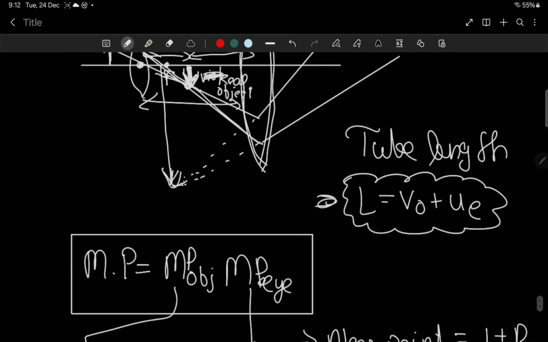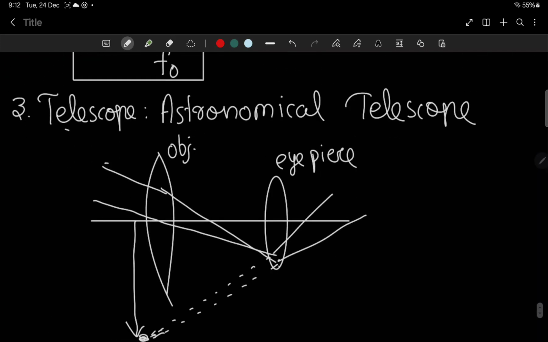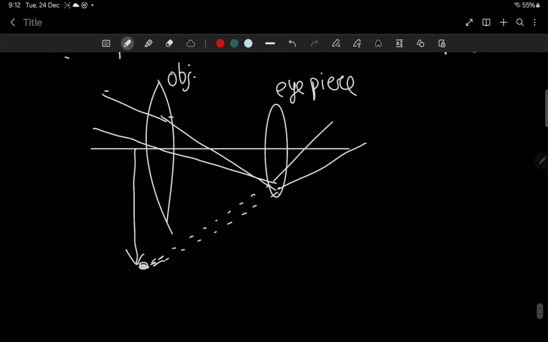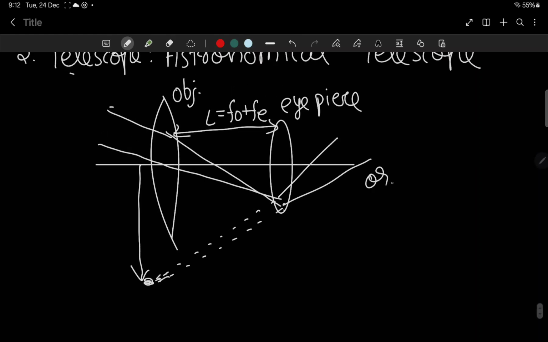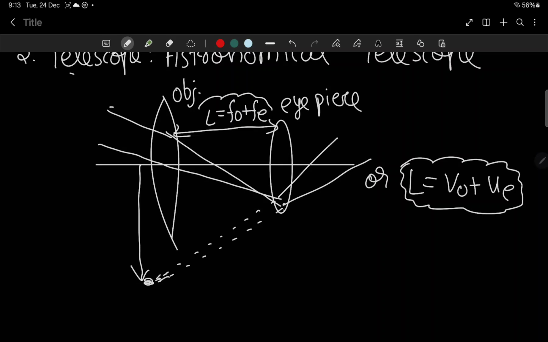Here it was small lens is objective and big lens is eyepiece. Opposite. Okay. Here the tube length is f naught plus fe, that is f objective plus f eyepiece, or the tube length can also be written as v objective plus UE. The same way. No need to explain, just learn it by heart. Very important, learning these simple formulas by heart will help you in JEE